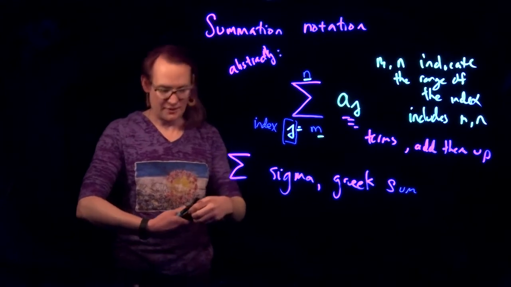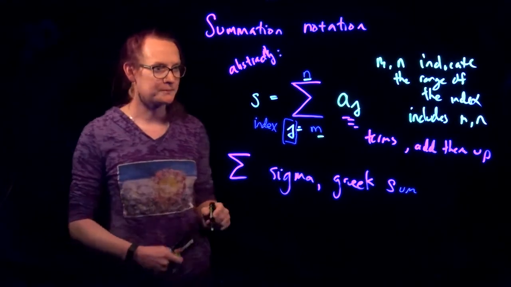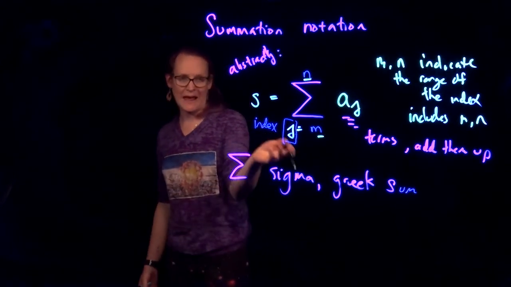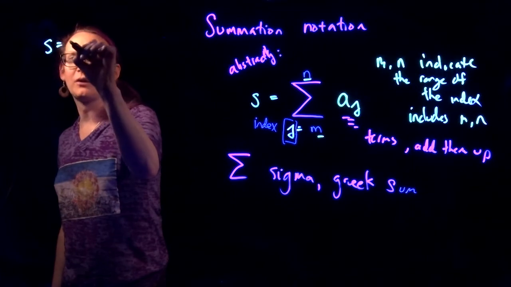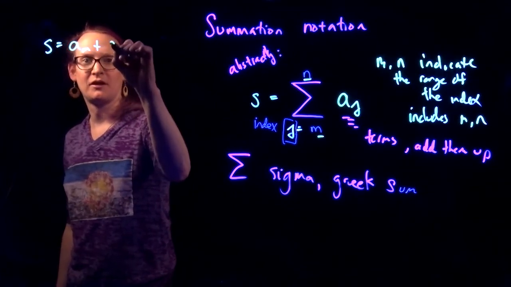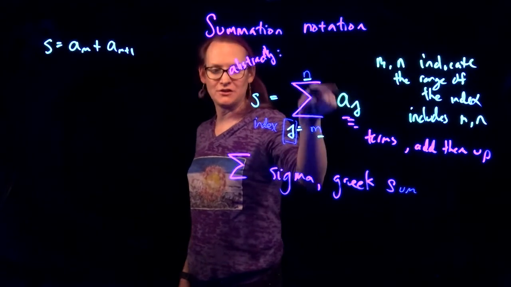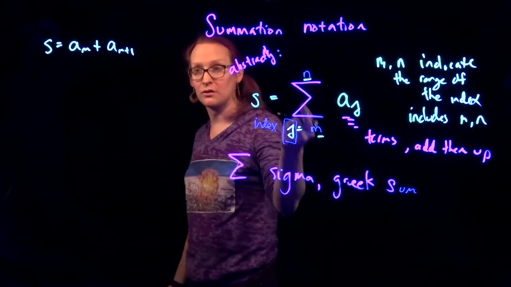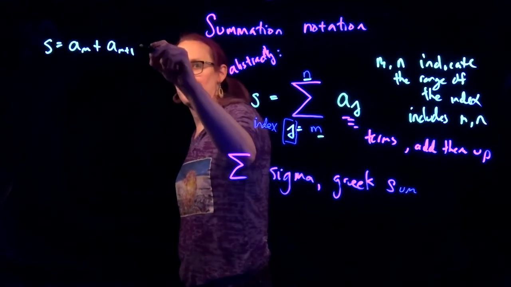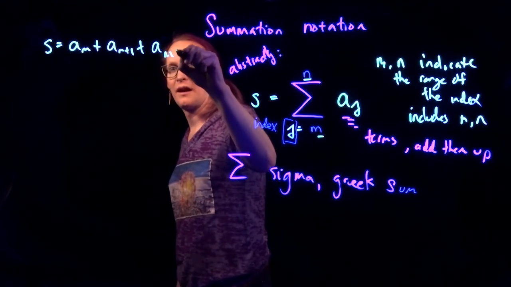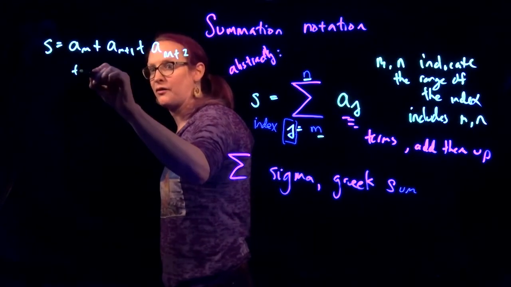So how about I let this thing equal a sum? So let's go S equals. What do we do when I actually compute S? Well, S equals a sub m plus a sub m plus 1. I'm stepping by 1. There are other notations that let me step by numbers other than 1, but we're going to keep adding 1 to the subscript every time, plus a sub m plus, you guessed it, 2, plus